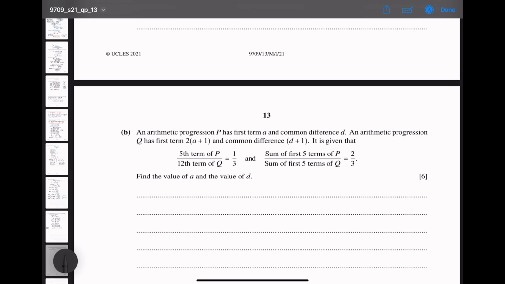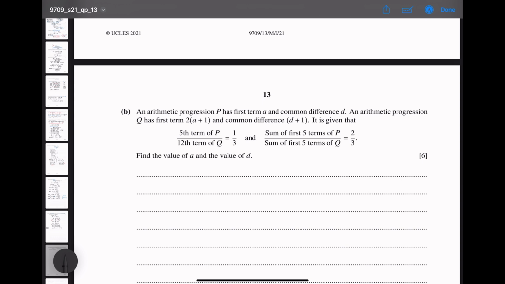There are two arithmetic progressions P and Q. The first term and the common difference of both are given. Also, it is given that the fifth term of P over the 12th term of Q is equal to 1 over 3. From here, we get an equation